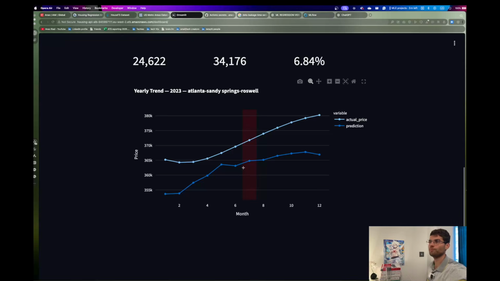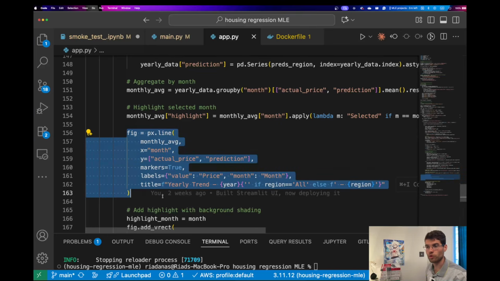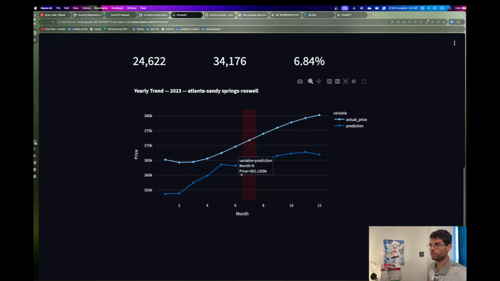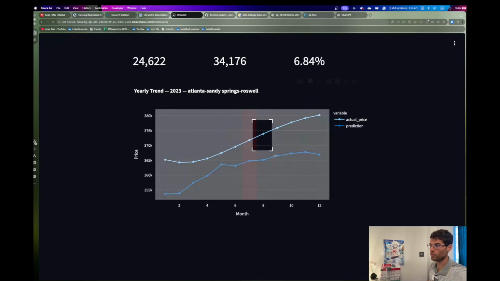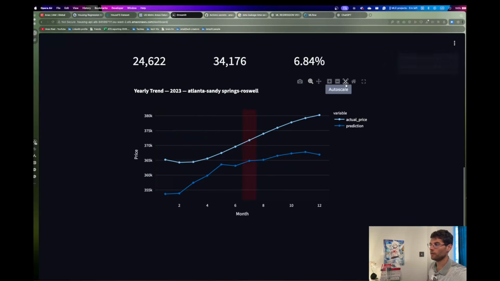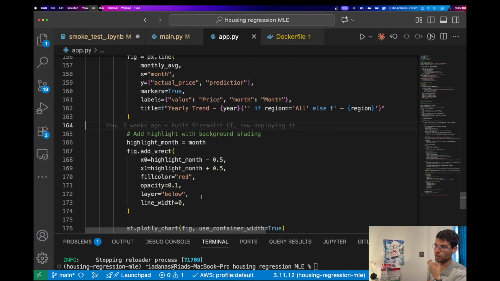Yeah, so after the highlighting, what I added is the Plotly visual, and the Plotly visual is the one that we see in here. So this is made with Plotly, and I like Plotly because it's quite interactive. You can even zoom in if you prefer, and you can look into things like this. Or you can just hover over things, so it's very pleasant to use. And this is basically just going into